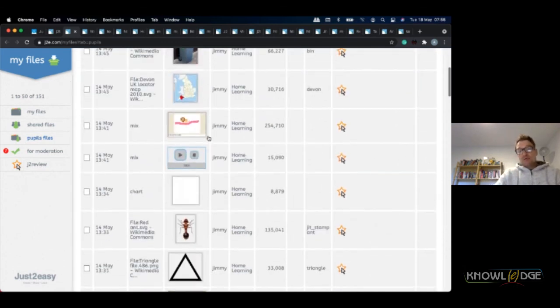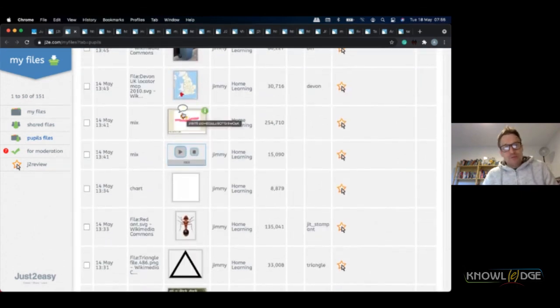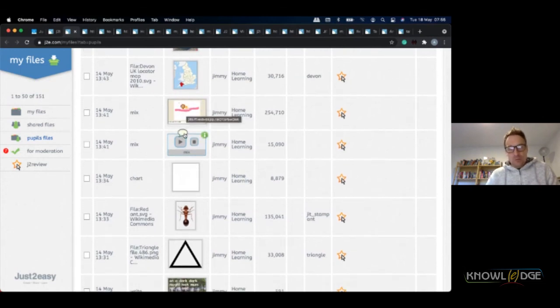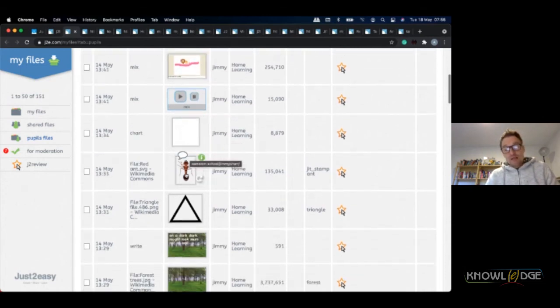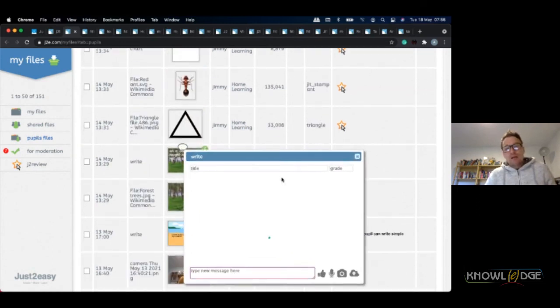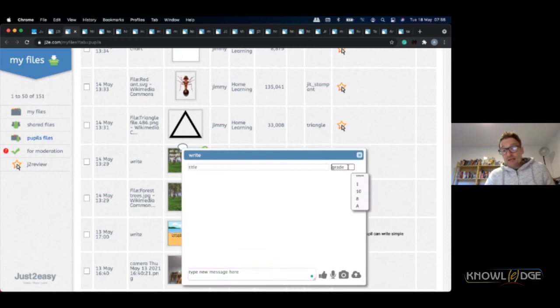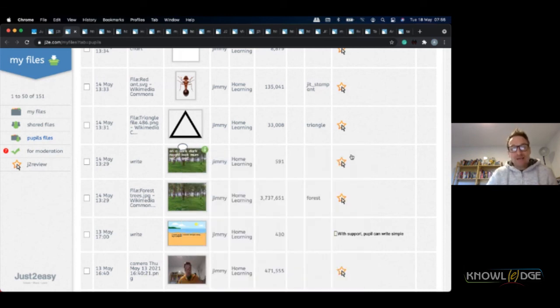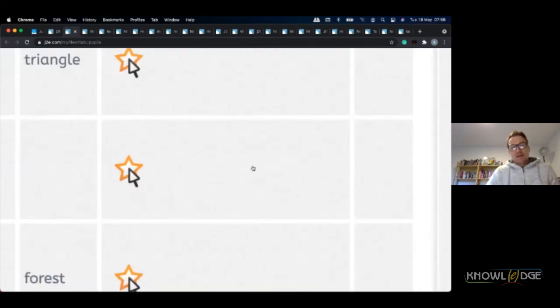If you want to actually give them a grade within this system, you absolutely can, because whenever I just see a piece of work that my students have been doing, this is a writing activity, for example, I have the opportunity to grade it on the different scales and also provide formative and summative feedback to my students. So I've got two ways of assessment: formative and summative assessment on any given task that my students have done.